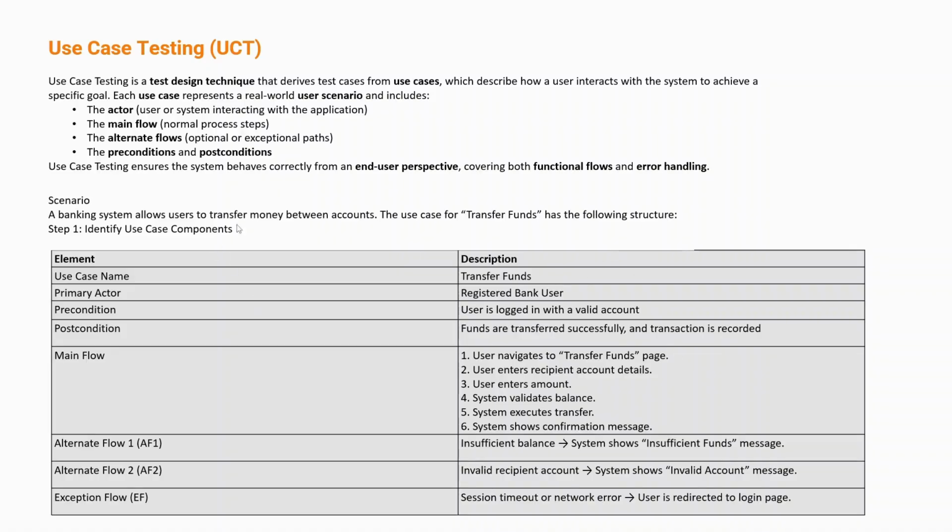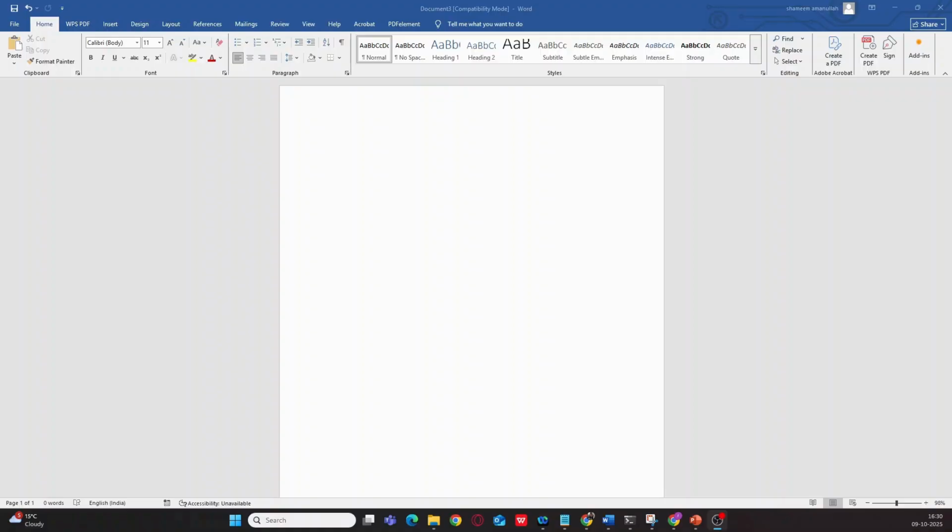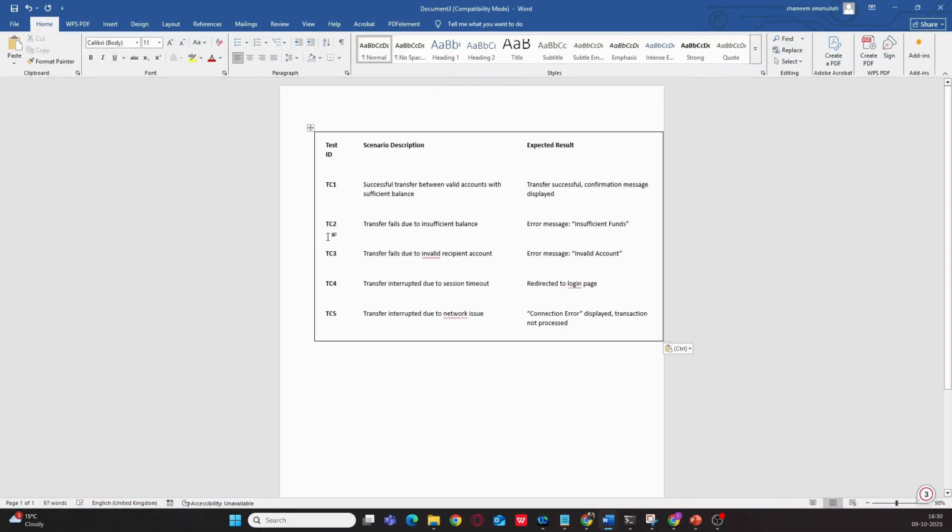So this is basically a use case, and this will be given to you by the business analyst or the product owner. Your job is to design the test cases for this use case. Now let us see how to do that. From these use cases, you can directly derive the test cases based on the happy conditions, the alternate flows and the exceptional flows. Okay, so I have created some test cases and I will try to present them to you. Test case 1,